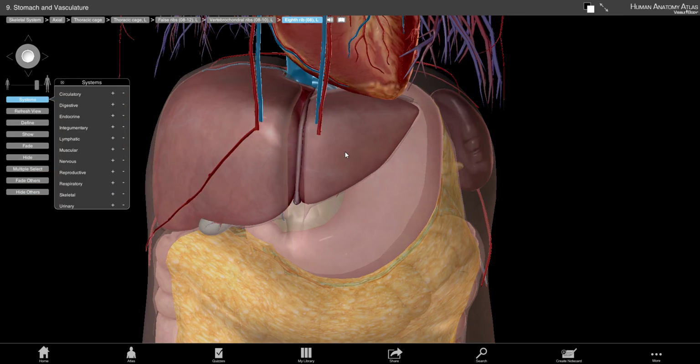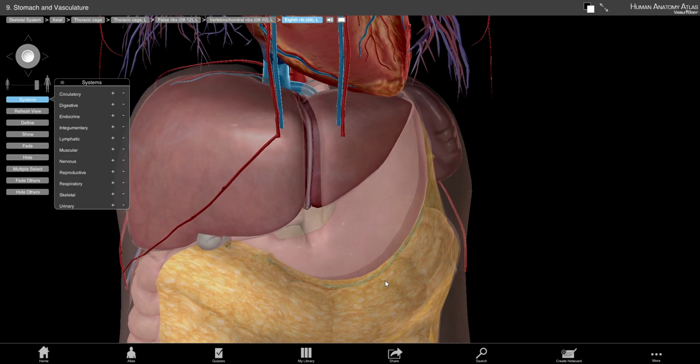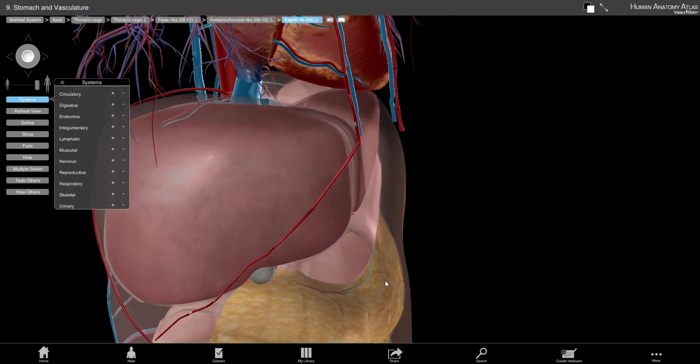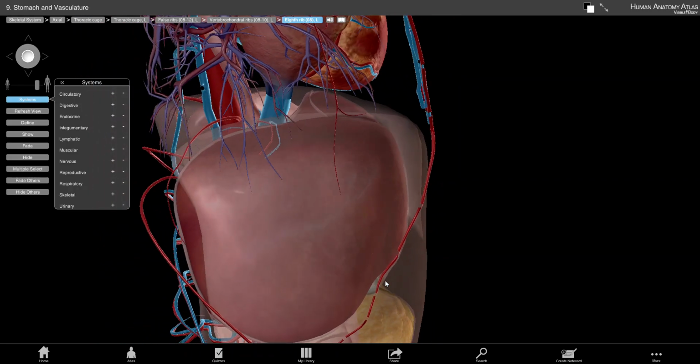So the stomach on the right side is related to the liver as well as to the lesser omentum, and on the left side to the greater omentum and spleen. Superiorly it is related to the diaphragm, and inferiorly to the transverse colon and transverse mesocolon. Posteriorly, the stomach lies in the stomach bed, a set of structures